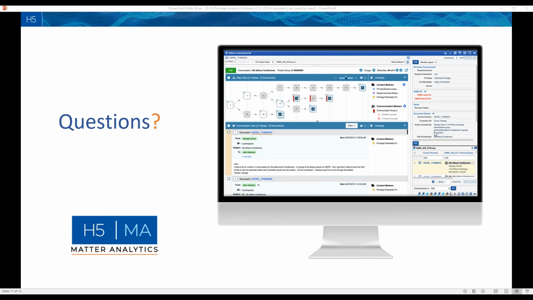Great. The next question is, what is the average amount of time it takes to run through H5 Matter Analytics for smaller and larger document populations? Yeah. Well, the nice thing is we're using the Relativity Agent framework, so throughput is managed by that. So we have minimum system requirements that just require a couple of agents to do the work that needs to happen. But you can definitely add to that and increase throughput,